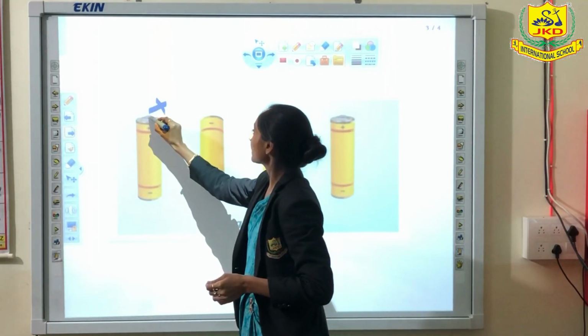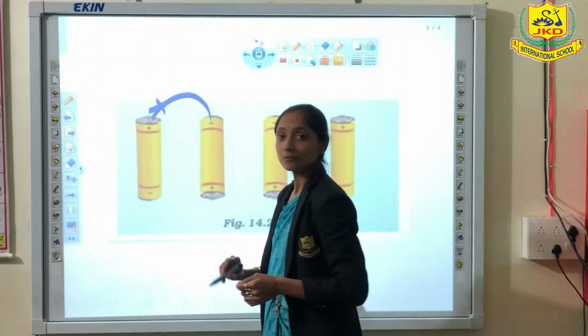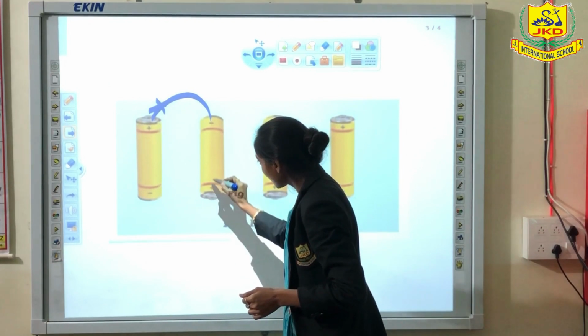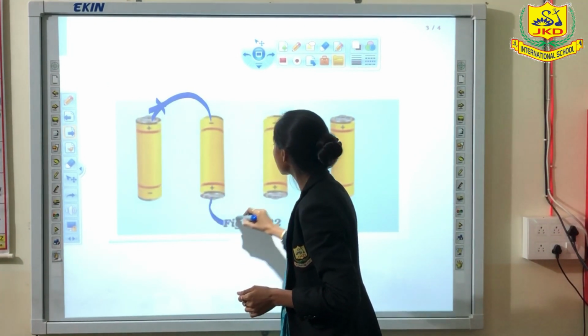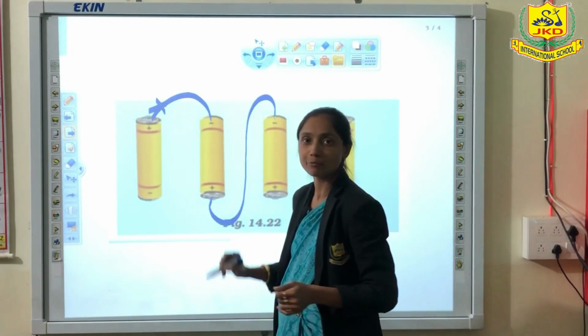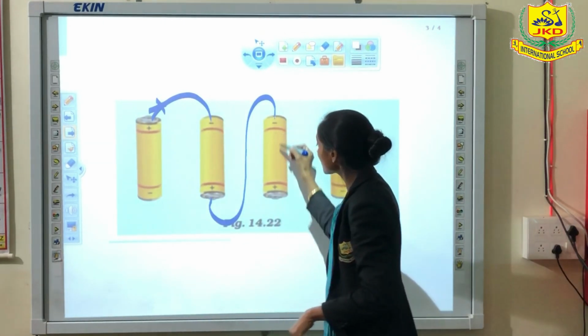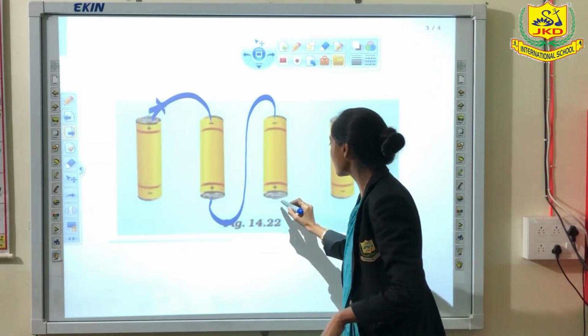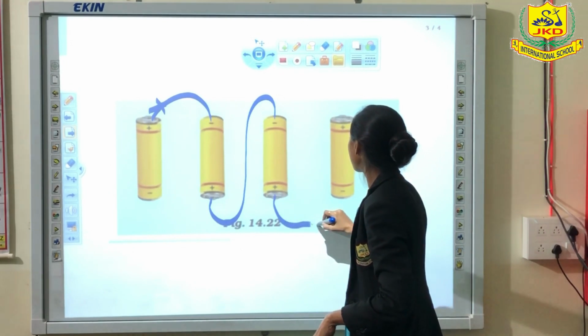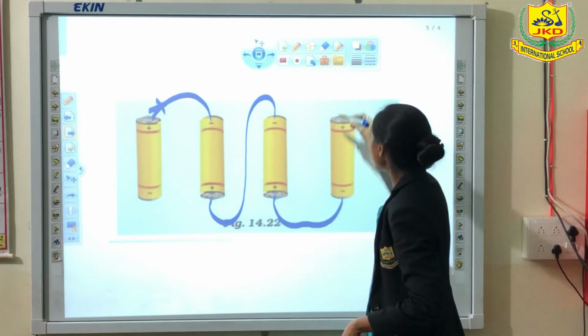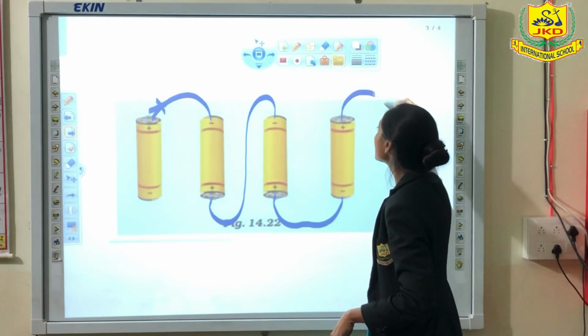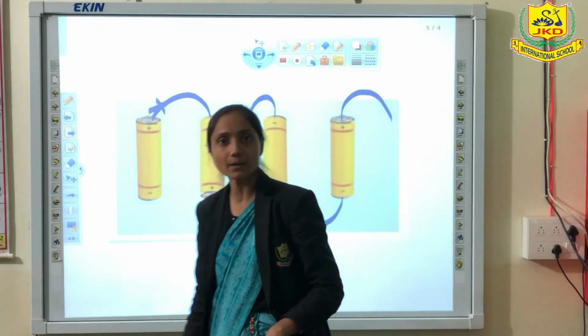So here we will connect this positive side with the negative side, and again the current flows inside it. This positive side is again connected to the negative part. Then again the current flows here. Here you can see the positive side. From this positive side again we will go to the negative part. Again the current flows, and like that the connection takes place.